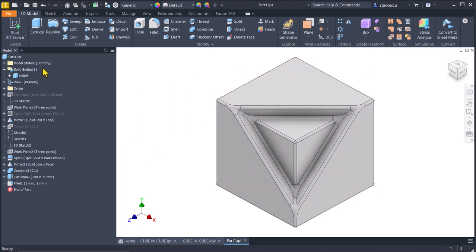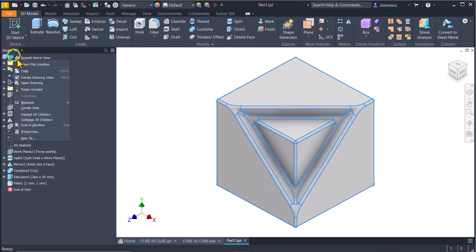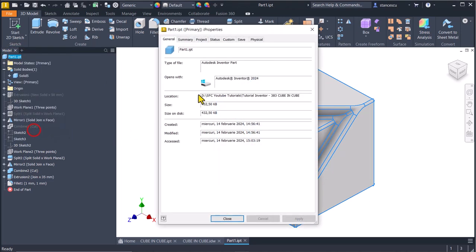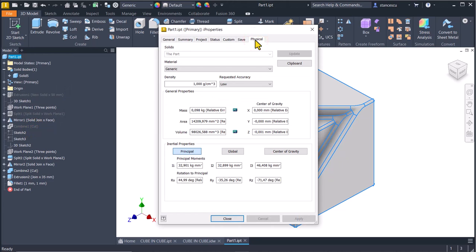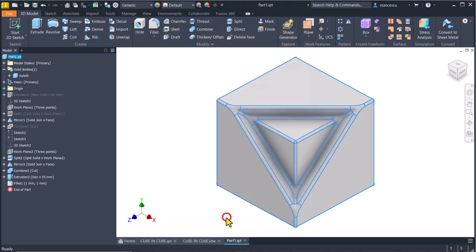Let's see what about the volume. I properties, physical. This is not material. You still think about the weight, yes? Now we are interested in the volume, not the weight. Copy, close,